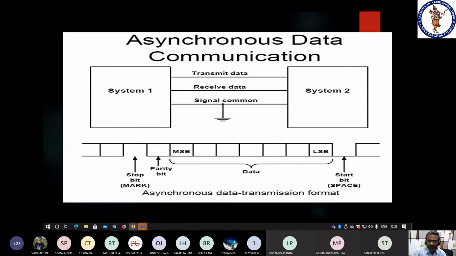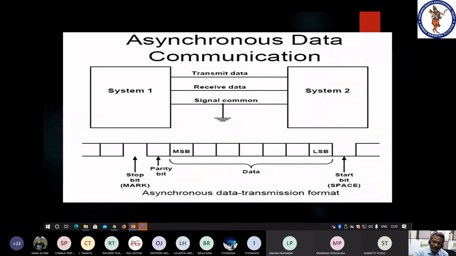So whenever the data is started, sent by system 1, that must be understood by system 2, that is the receiver: yes, the data is started. If data has not started, system 2 always receives 1 1 1 1 1 1 1 1 1 continuously. That is an idle state. So whenever the start bit is 0, that can be identified by system 2. It understands that the data is started. If data has not started, everything is ones. If data starts, it goes with 0 first.